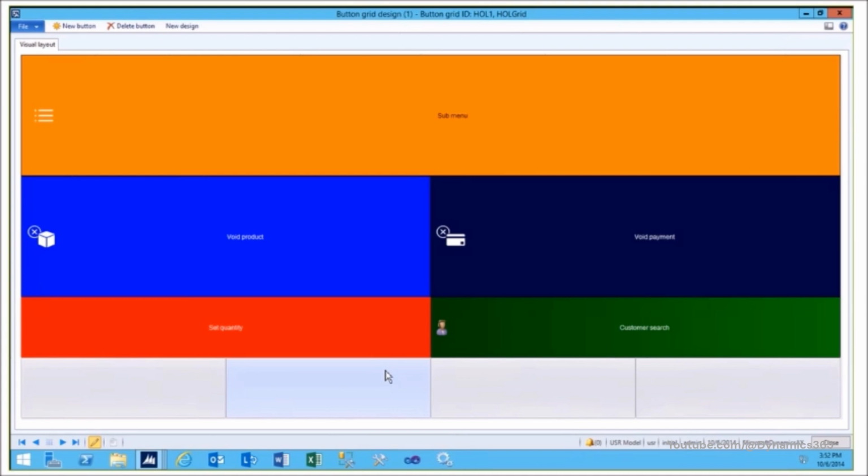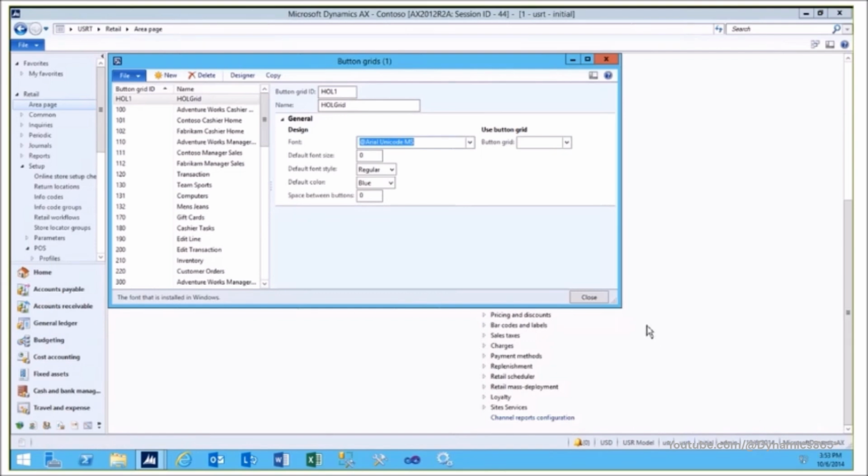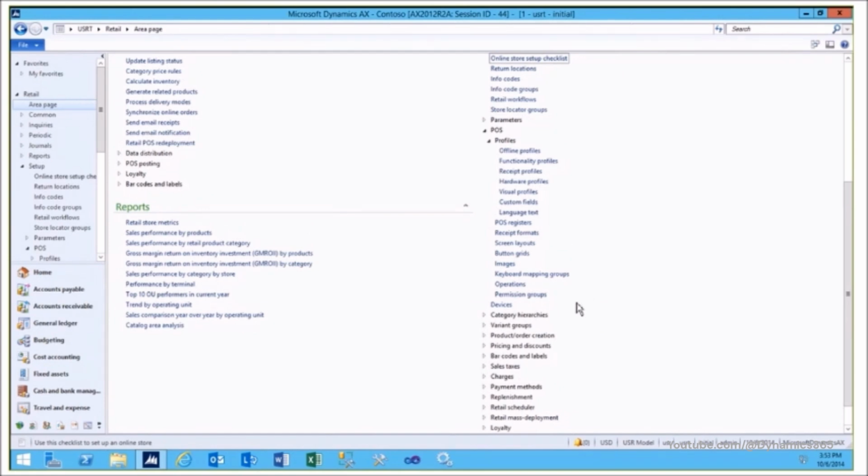Okay, so we are more or less done with the screen layout. Or the button grid layout, sorry. And now we can use this button grid layout in the screen layout. So we'll close this form for the button grid. So we have a new button grid available. The next thing will be to go to the screen layout,